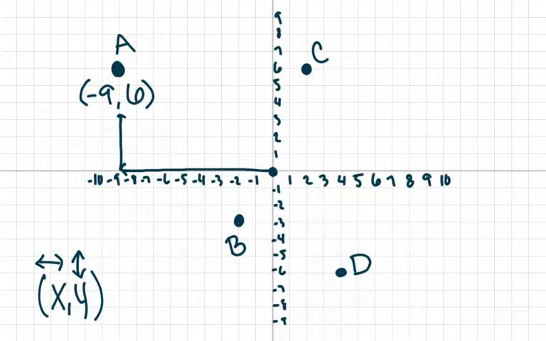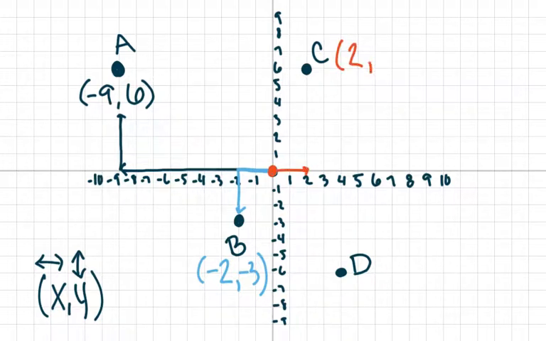For coordinate B, I'm going to start here at the 0, 0, and travel over 2 to the left before I hit point B. So negative 2. And then I'm traveling down to negative 3. So B is at negative 2, negative 3. For point C, I'm starting at the origin, 0, 0, and I'm traveling over 2 to the right. So my x coordinate is a 2. And then I'm going up to 6. So my point C is at 2, 6. And then lastly, point D,